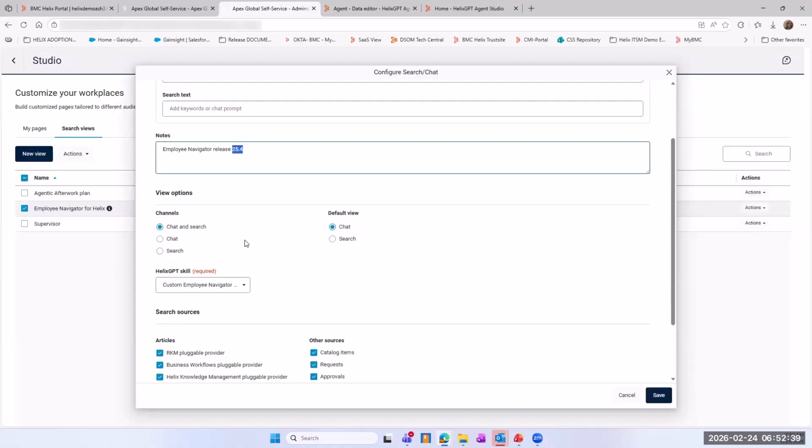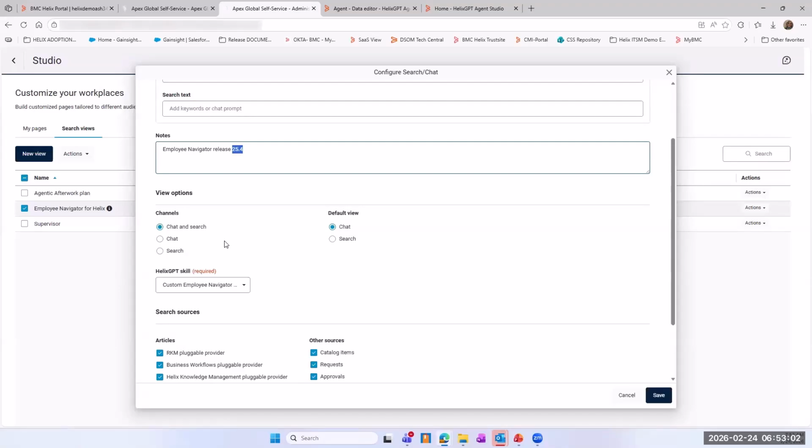If I am using the chat, it's because I am going to open Employee Navigator. If I am using the search, it's because I am going to open the classic search. As always, if we don't have Employee Navigator, this is my classic search. This is the same. Or I can use a combination of them, chat and search, and then we'll open like 2